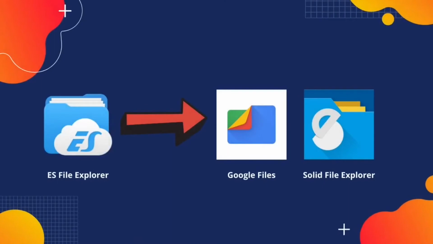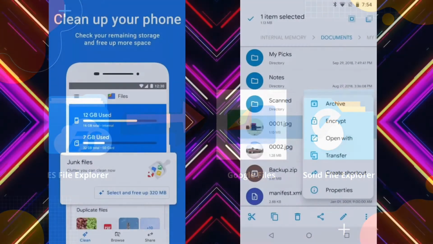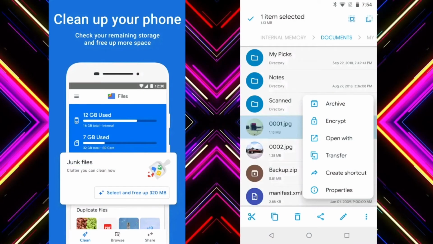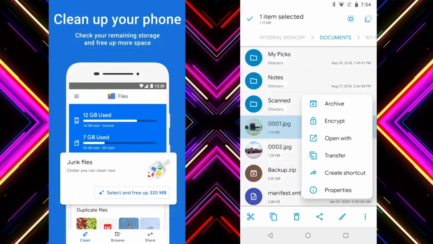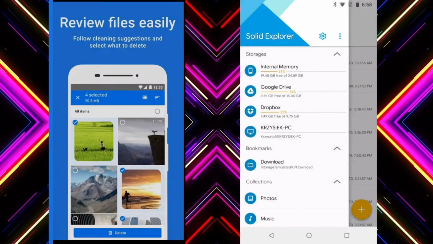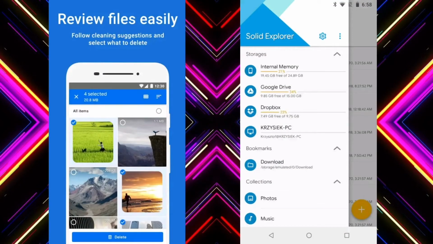Moving on to our next step, which is ES File Explorer. So there are two alternatives to this app, Google Files and Solid File Explorer. Google Files helps you to clean your phone from wasted memory. It can back up your files to a cloud drive. You can check your files with the inbuilt file manager. Google Files has a sharing feature which you can use to share files from one device to another without any